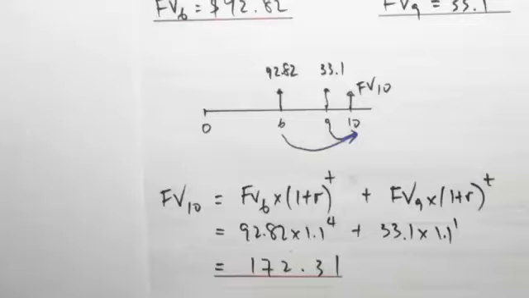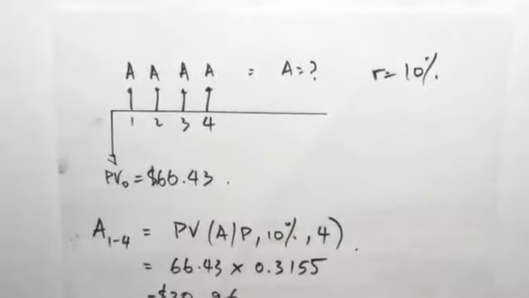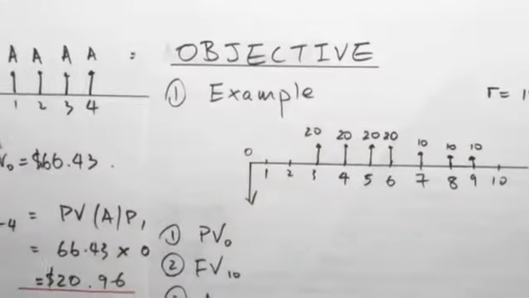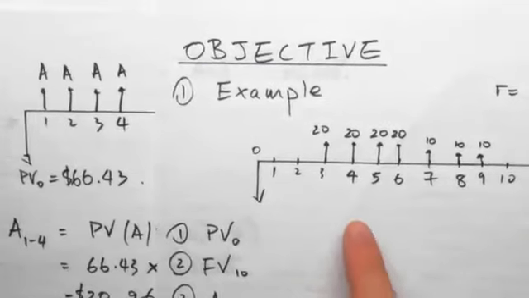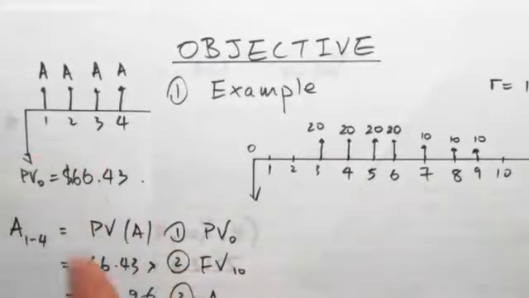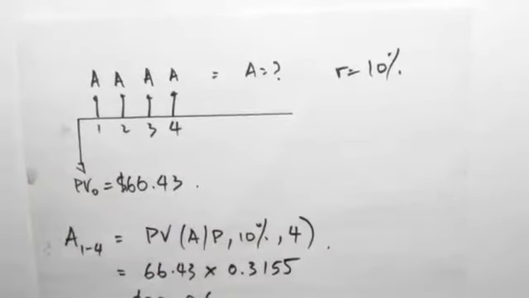$172.31. So the last part of what we're doing is we want to find an equivalent annuity between year 1 to 4, which represents the initial question, which was this. This is what we want to show. We want to represent this so that we can do it in 4 payments. This is now a relatively simple question, because we know the present value at time 0 to be